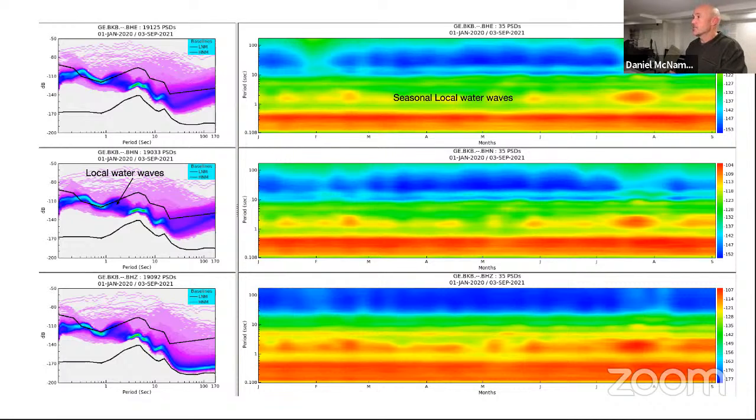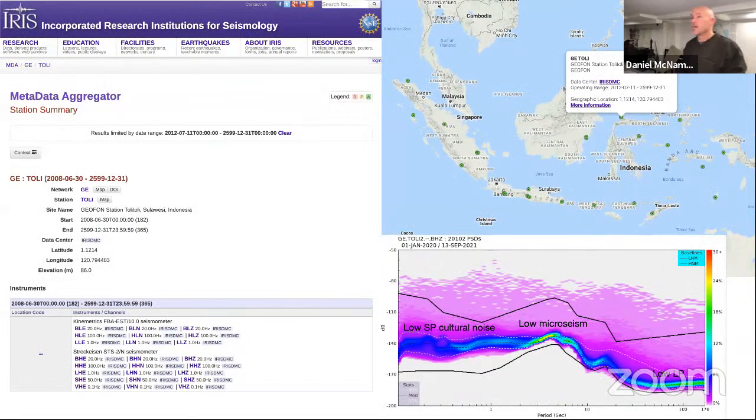Let's see, the next station, TOLI. This one is a very good station. The noise levels across the whole band are fairly low. Low short period cultural noise, very low microseism, which suggests it's far away from the microseism sources that are probably out in the deep ocean. And then it also has fairly low long period, at least on the vertical component. Okay. This one is a very good station overall,